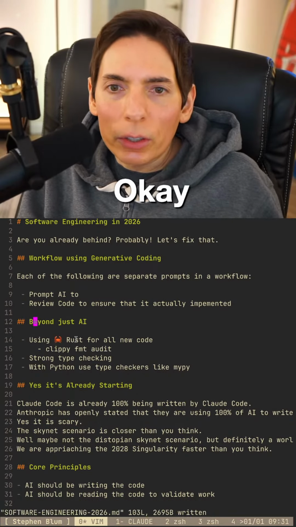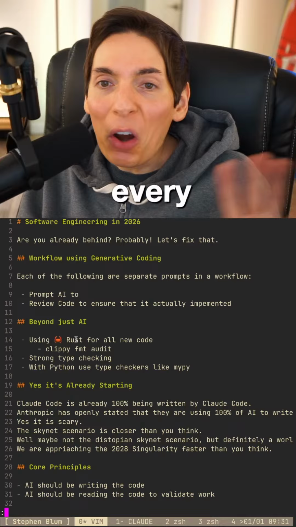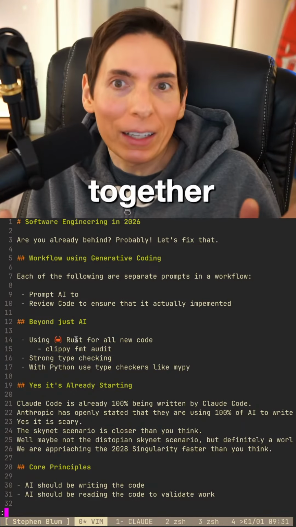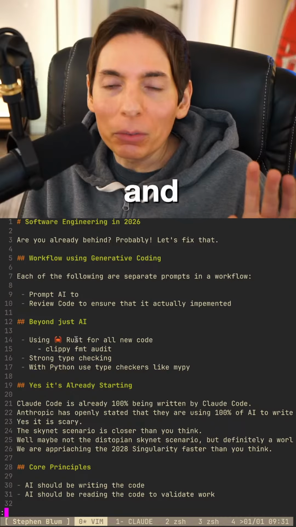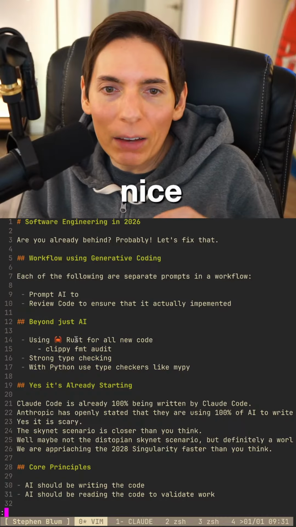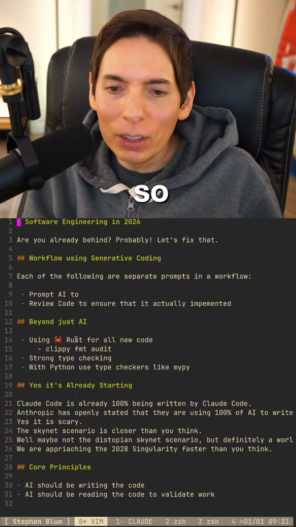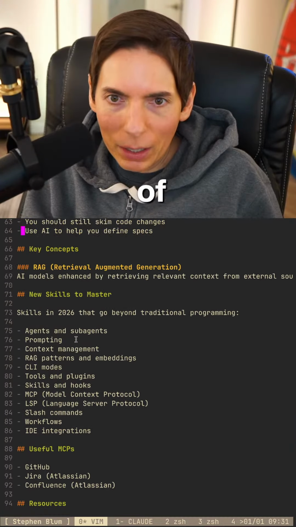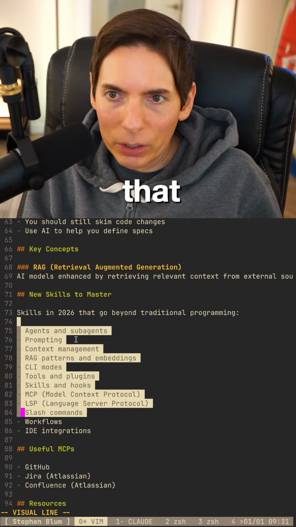Okay. Excellent. This is great. Thank you, everyone. You're helping me a whole lot right now. We're writing the document together, and we're adding as many ideas as we possibly can. Nice stuff like having good tools is so nice. Yes, good tools. We've got some of that listed here, though.